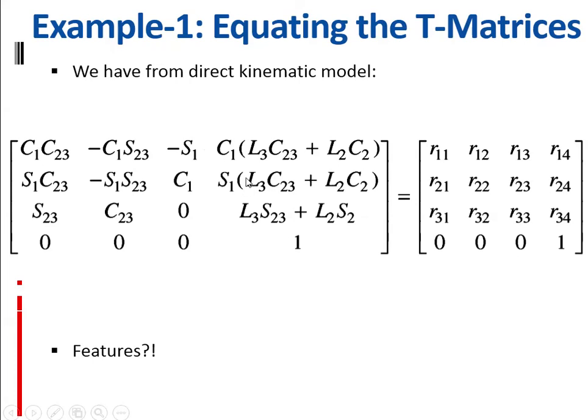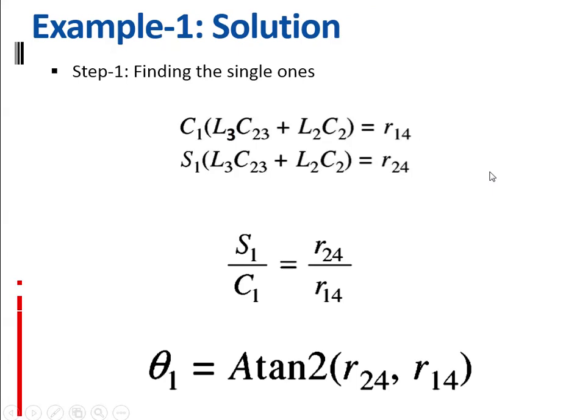Now remember, point D we have discussed. In that point what you have seen is, firstly you prefer the last matrix, that will give you the simplest result among all the other matrices. So that means, let's start with this part. I divide this equation by this equation, so it will be equal to R24 by R14. In the next slide I can see.